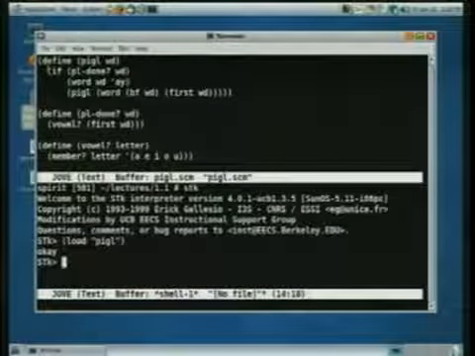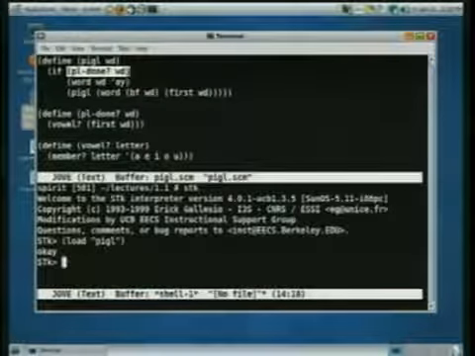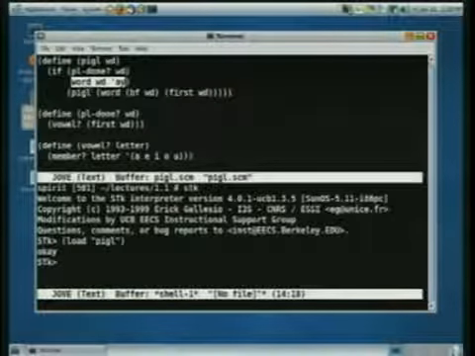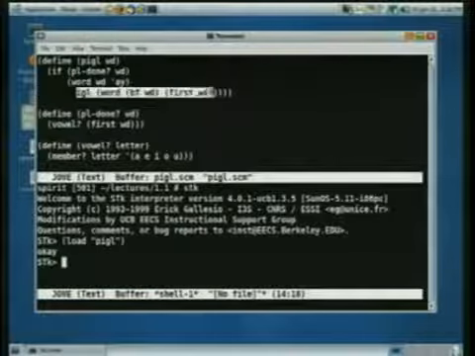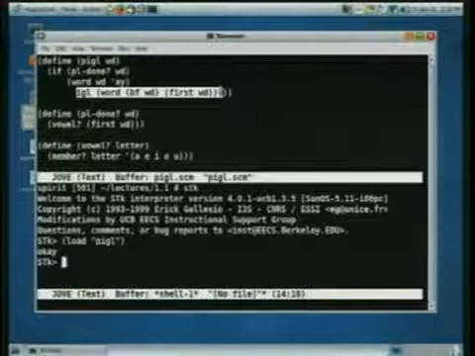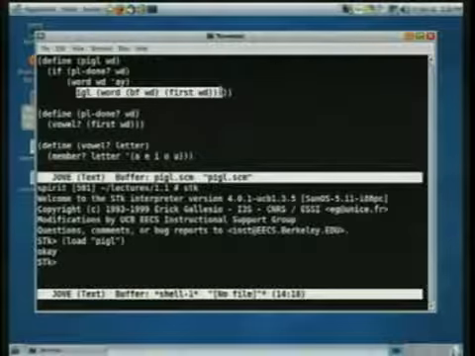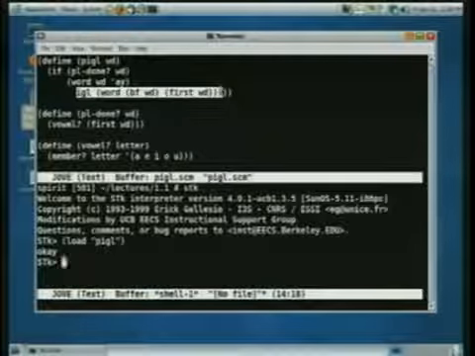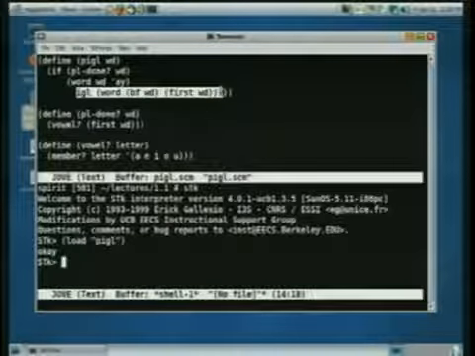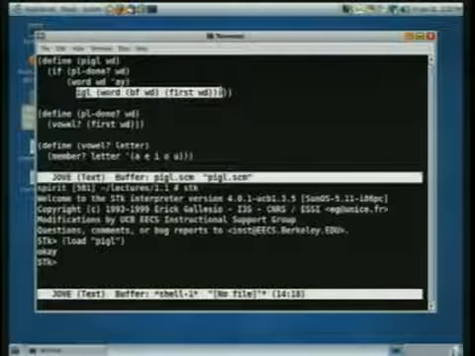Okay, the other thing I said about this example is that if is a special form. That's important because when we get to the base case, namely PL done returns true, we want to compute this non-recursive thing, and we don't want to compute this recursive call. Whereas if we're an ordinary procedure, the way Scheme handles procedure calls is first it evaluates all the sub-expressions. So it would do the recursive call before it realized that we're down at the base case. So if has to be a special form so that only one of the two branches is actually taken. Okay? That's sort of where we left off last time.